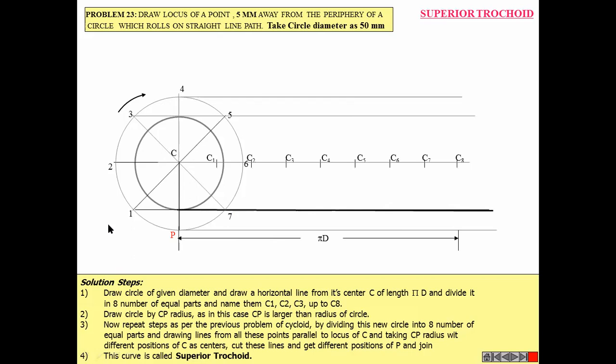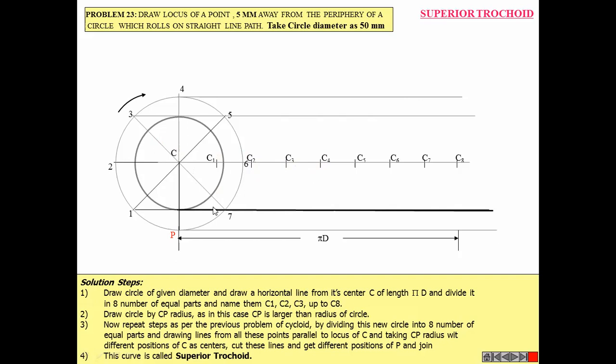Now, pay attention here. These horizontal lines are drawn from this point P, whereas these divisions, what you can see here, C to C1, C1 to C2, C2 to C3, and likewise, these divisions are of the base circle. Now we will start the part of that arcing, what I have told you.